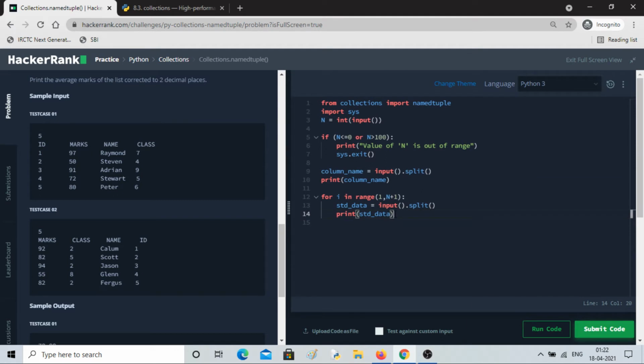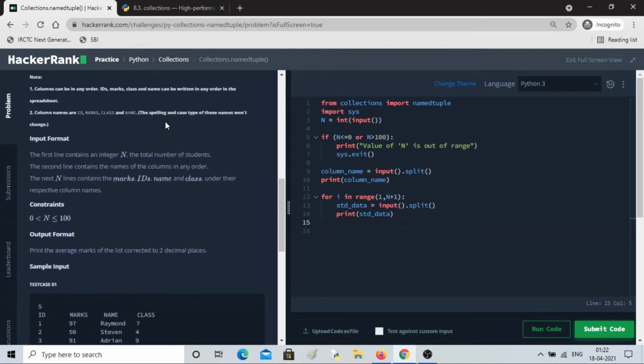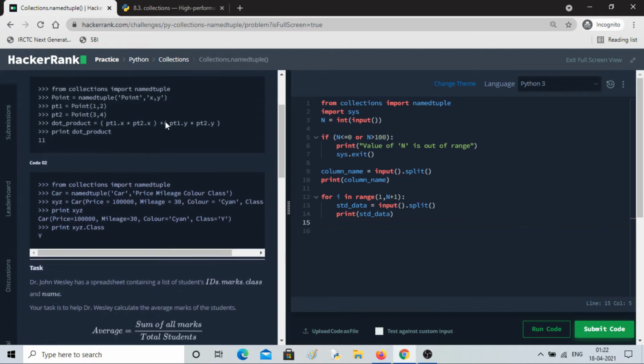Now what I have to do is use my tuple, right? So let me define it. This is how it is defined, right? This is how it is defined. So I'll take Control C, Control V. After column name I have to define, right?